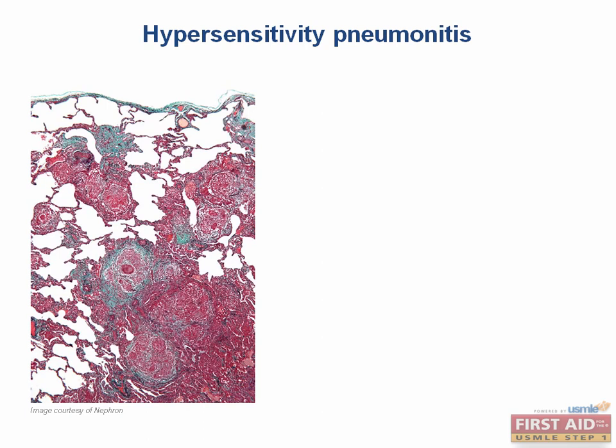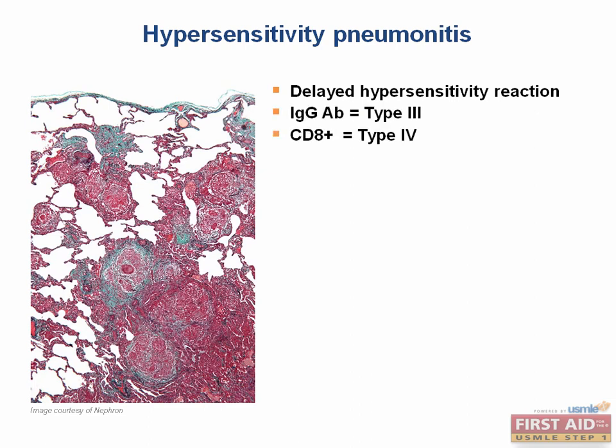Hypersensitivity pneumonitis, or farmer's lung, is a delayed hypersensitivity reaction to some environmental exposure, such as aerosolized mold or droppings, leading to an IgG antibody type 3 hypersensitivity and a CD8 lymphocyte type 4 hypersensitivity response in the alveoli. Now, this is not a type 1 reaction like an allergic asthma. And also, unlike asthma, this path picture shows that inflammation is more centered in the alveoli as opposed to the